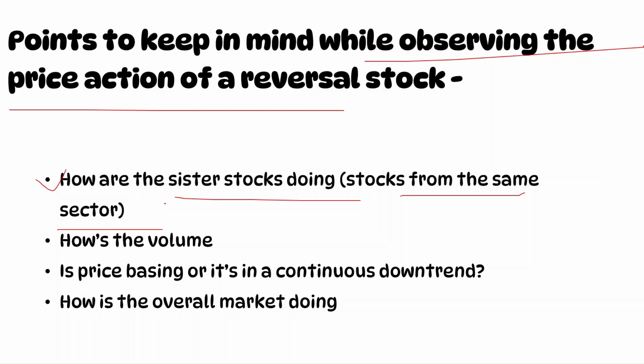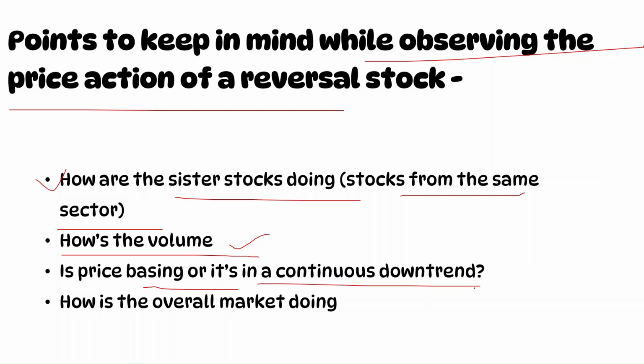But let's say the sector is doing well, the company is doing well, but there's a mismatch in the case of that particular stock. There could be multiple reasons, but in due course of time it will get corrected, right? And the second thing you should focus on is the volume. Is the volume very high during the down move? Is there any kind of climax action? And if the volume is low and the stock is still slipping down,